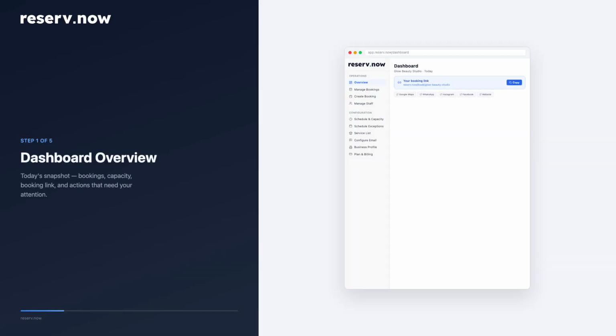The overview gives you a snapshot of today. Total bookings, confirmed versus cancelled, and how your capacity is tracking hour by hour. At the top, your customer booking link is ready to copy. Add it to your Google Maps profile, WhatsApp business account, Instagram, Facebook, or your own website, so customers can book